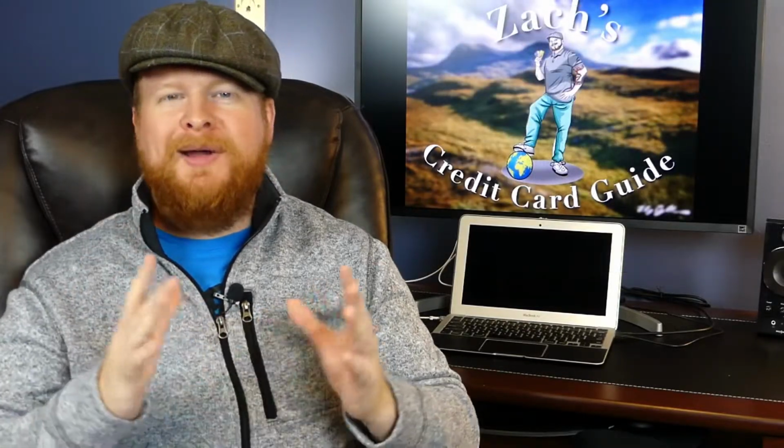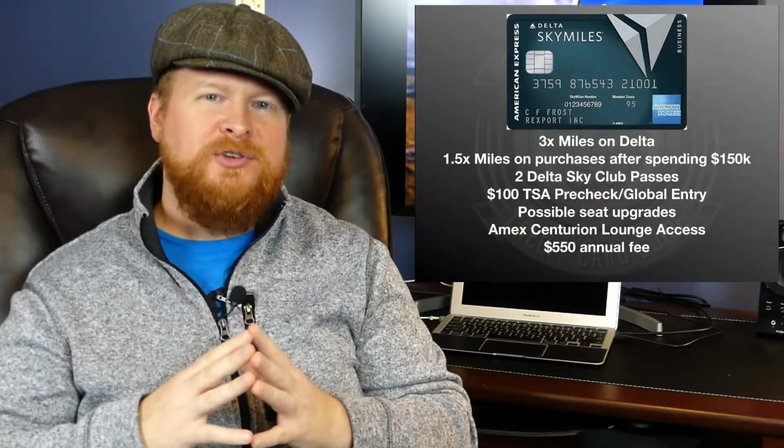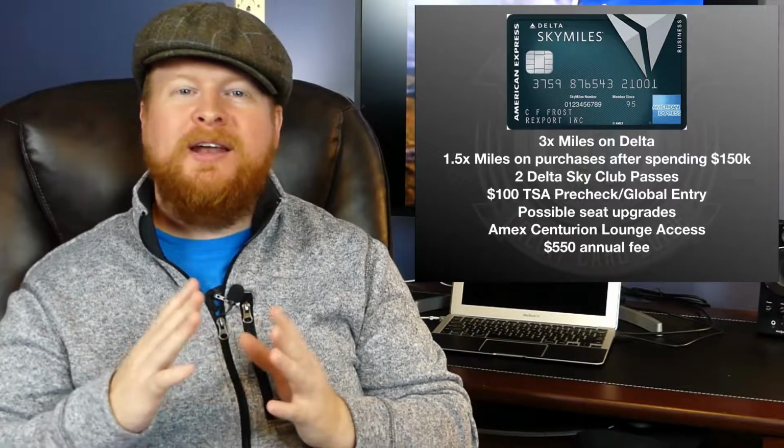Like many of these other ones, you can have a $100 statement credit for TSA PreCheck or Global Entry, and the annual fee is going from $195 to $250 a year. And finally, the big boy on the business side, the Delta Reserve. So this will get you 3 times miles on Delta purchases, where previously it was 2. You get 1.5 times on everything else,